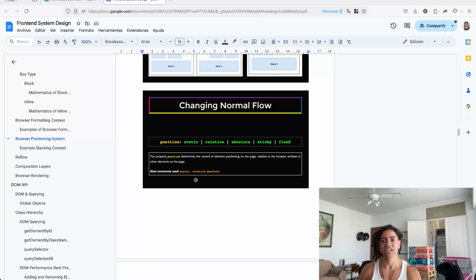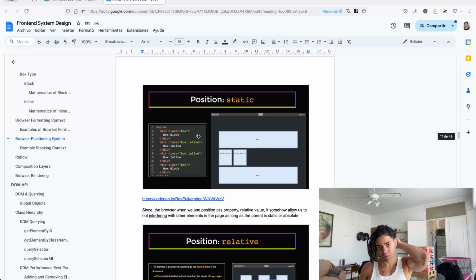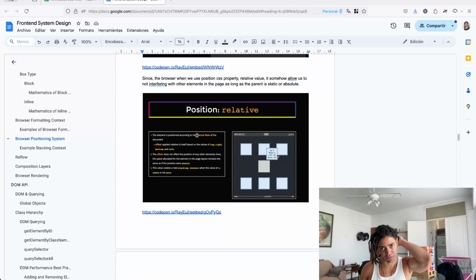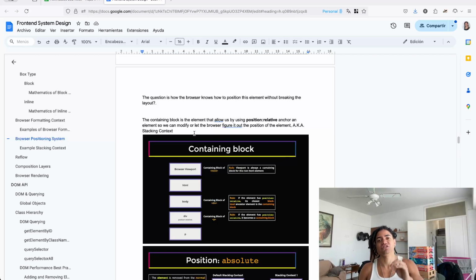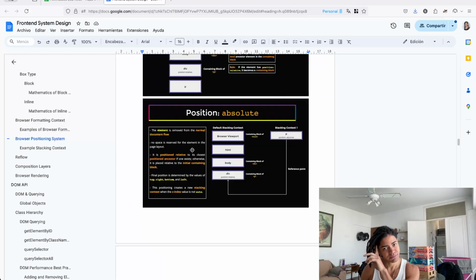And when you change the normal flow, whether by using position relative or absolute, when you change the normal flow, the relative and the absolute actually have their own particular rules that are going to be applied. Which means that this position absolute